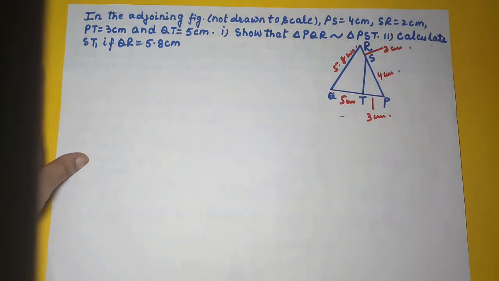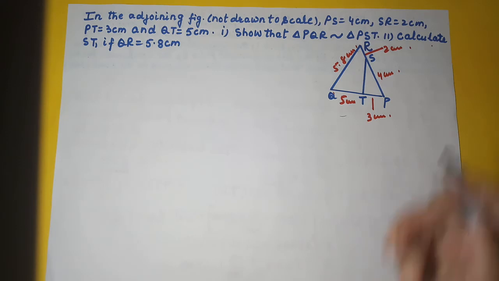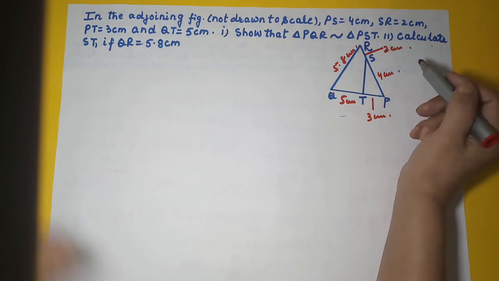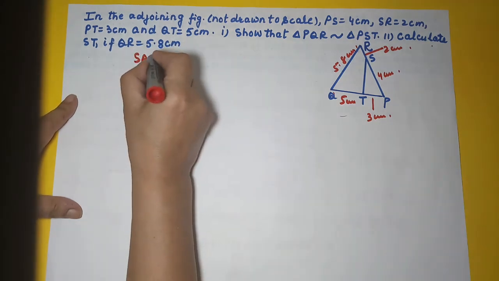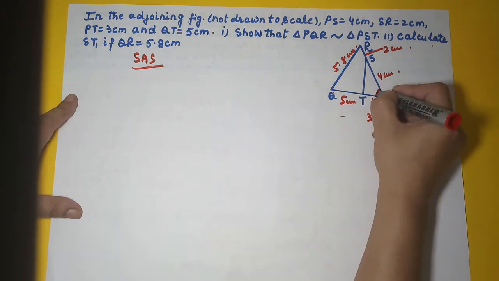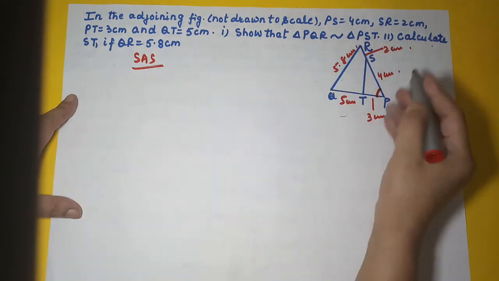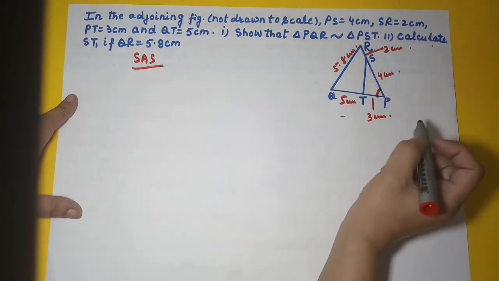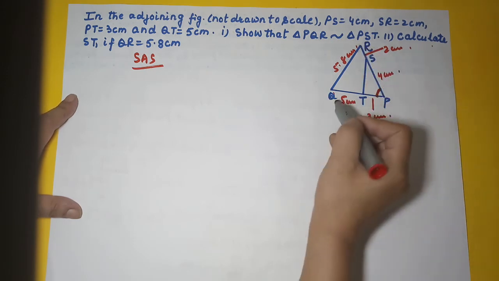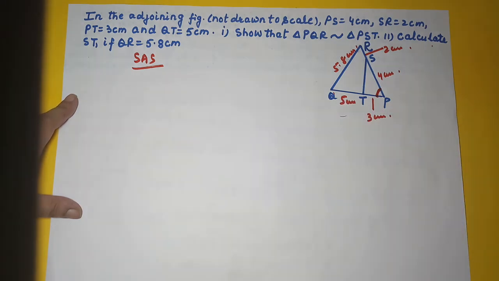Right? Okay. Now, since there are no angles given of these two triangles which are equal to each other, there is only one way left for us to use SAS. To verify whether these triangles are similar, we will use SAS property. So what is SAS property saying? It's saying that, see, this angle is common between triangle PQR and PST, that is given. Now if the ratio between their sides is also same, in which the angle is contained, then we can say the triangles are similar, right? We can prove the two triangles similar by SAS rule.